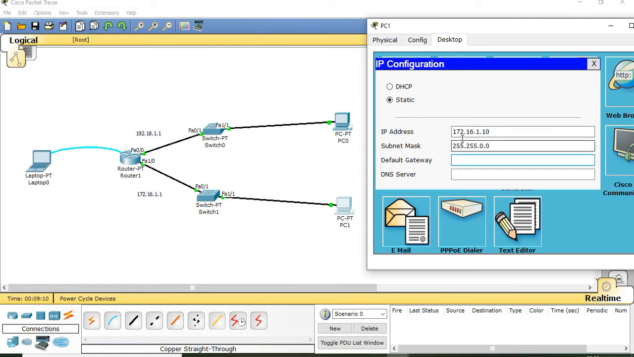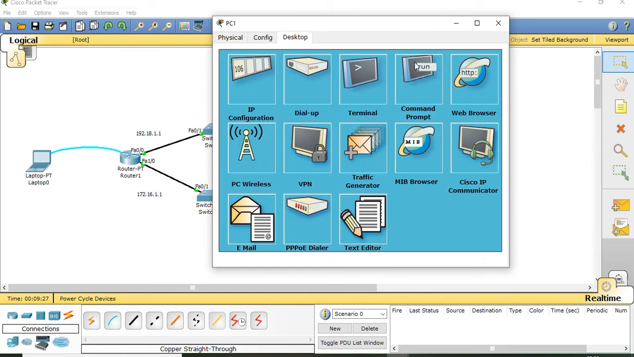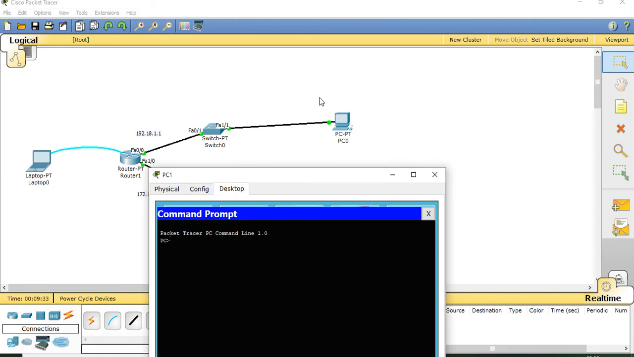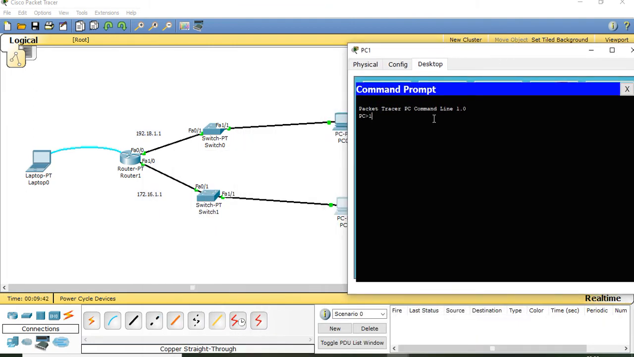It's a class B, so accordingly the subnet mask has been picked. Default gateway is 172.16.1.1. This is the default gateway through which it will connect to the other network. So I'm going toward my command prompt, and I will be using the ping command too, which is basically a broadcast type command. So I would like to interact with the other PC, which has an IP address of, ping 192.168.1.10. So I'm pinging the other PC,